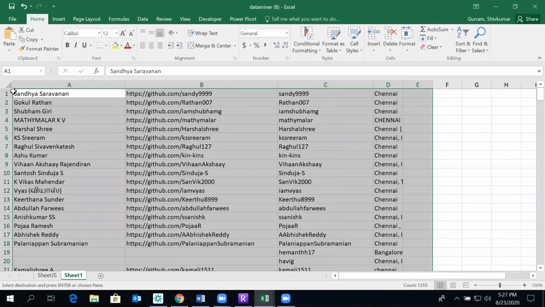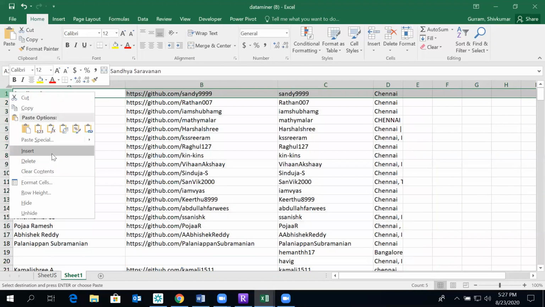All the blanks one we have taken in one sheet. Insert.